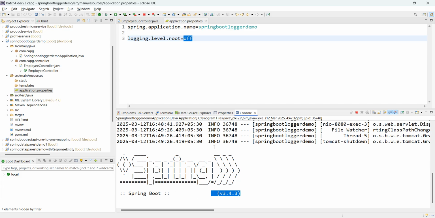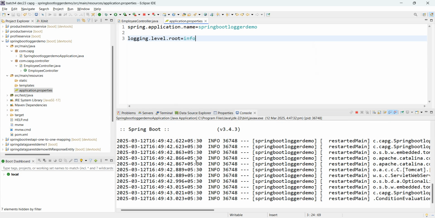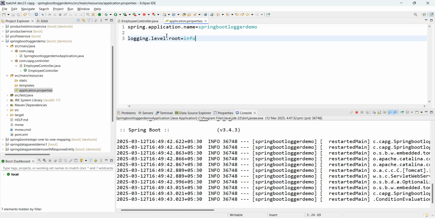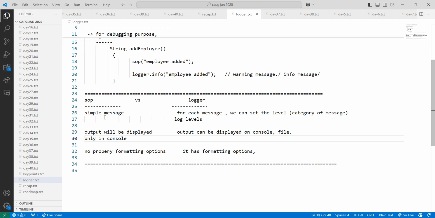Since this is the old one, leave it. With off, it is not printed. But now suppose you give info, you give this dependency. Now you should know what log info and all those things are. Basically for each message we can set the level.